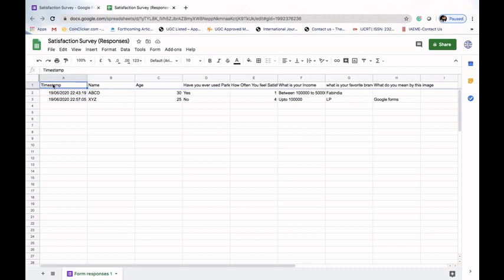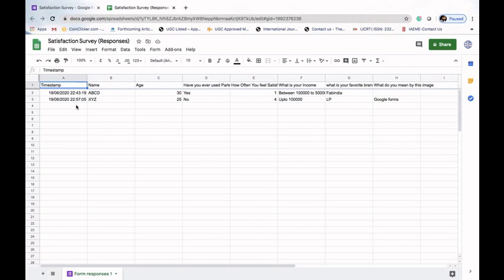Now what do you mean by timestamp? Timestamp means on which date and at what time this specific person filled this form. Okay, so Mr. ABCD filled this form on 19th of June 2020 at 10:43, and Mr. XYZ filled this form on 19th of June 2020 at 10:57.